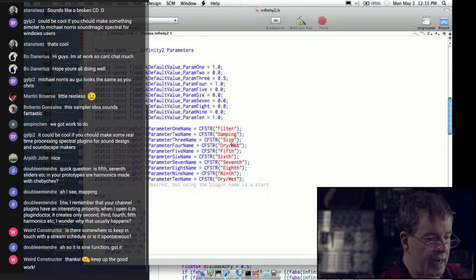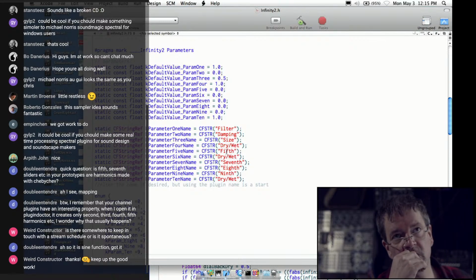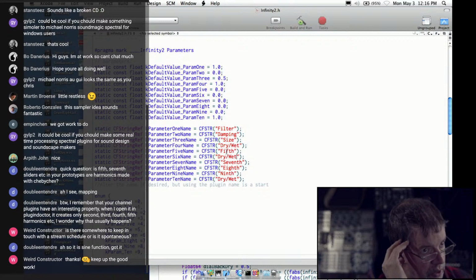So let's see, we're adding what? 2 new controls, and damping is going to do something subtly different. So, copy. That becomes number 6. What are the controls again? I know one of them was,